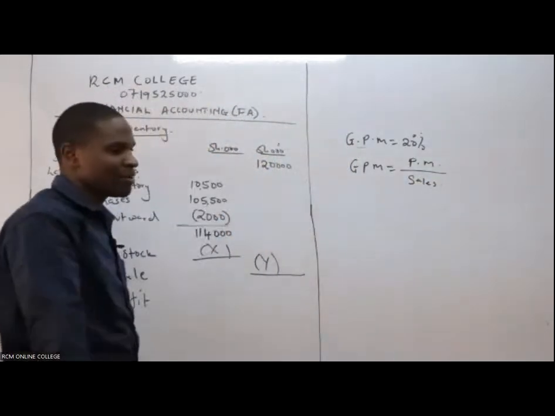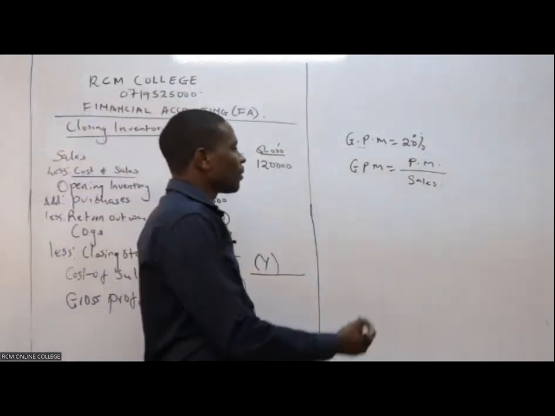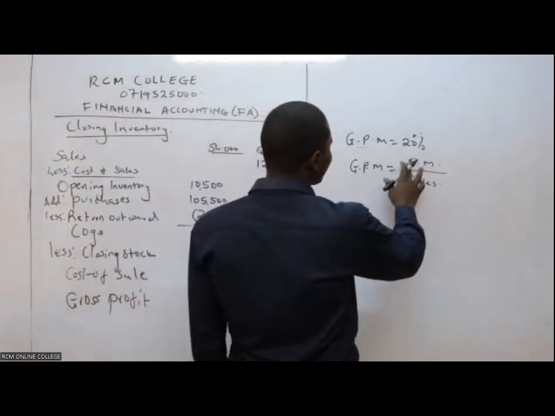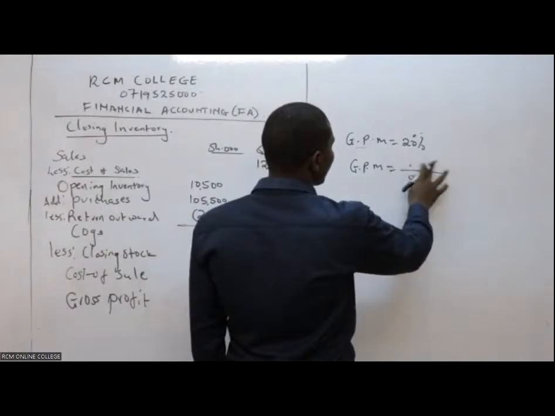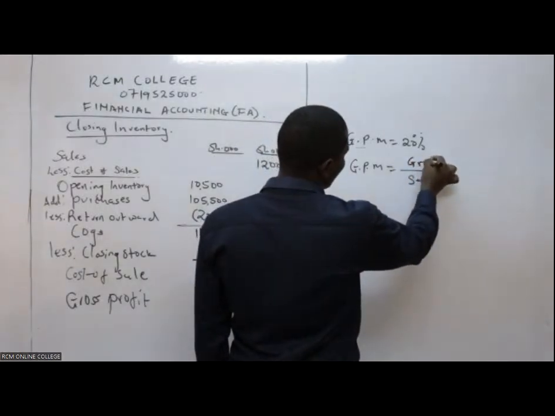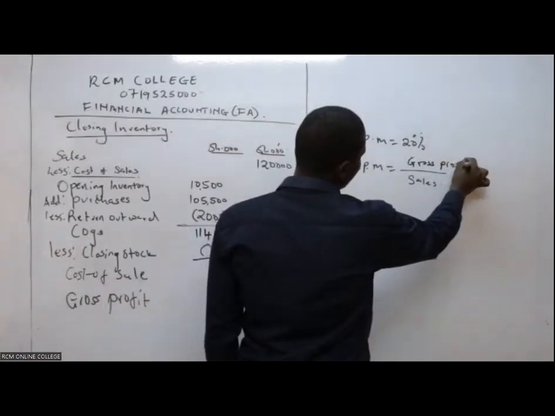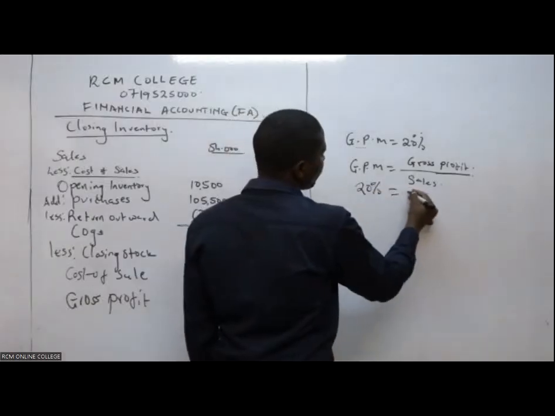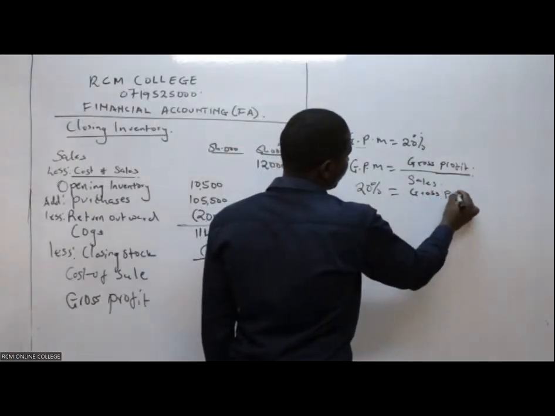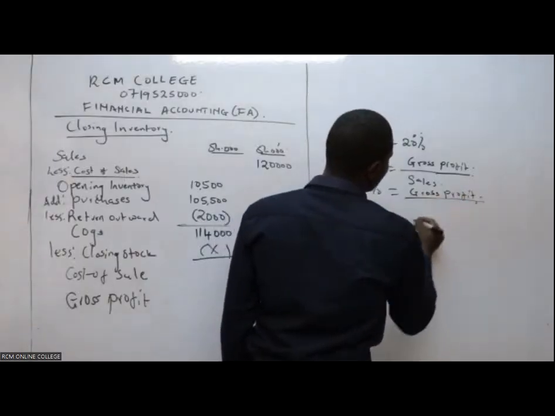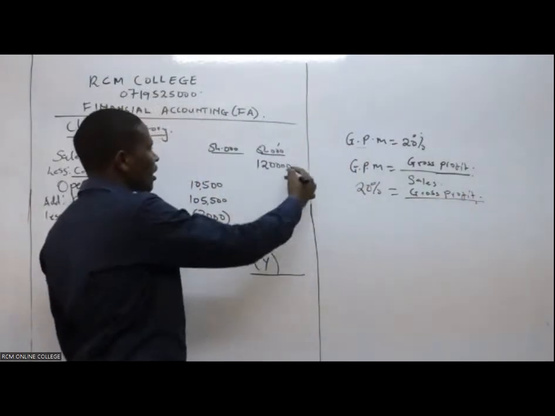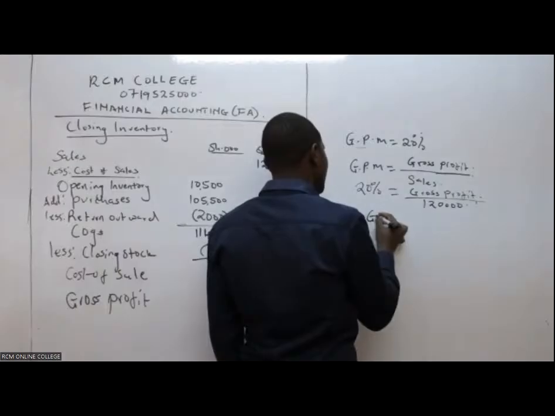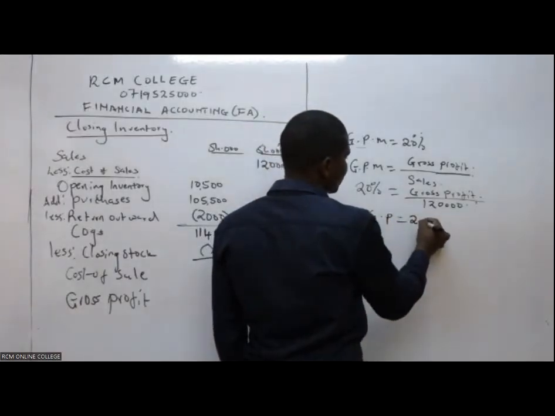Now, in this case, can you tell me which value do I have? You can have the gross profit itself here, gross profit over sales. So we have gross profit margin as 20%, which will be equivalent to gross profit over sales. So what is our sales? Our sales automatically we have as 120,000. So in this case, we can get our gross profit, which will be equal to 20% of